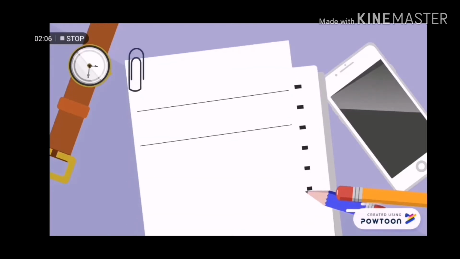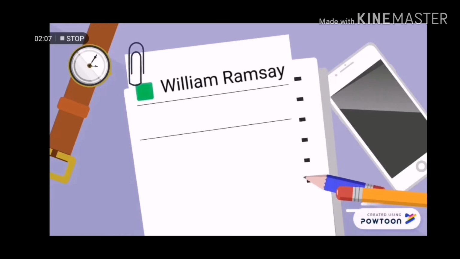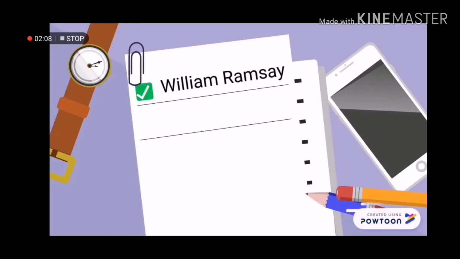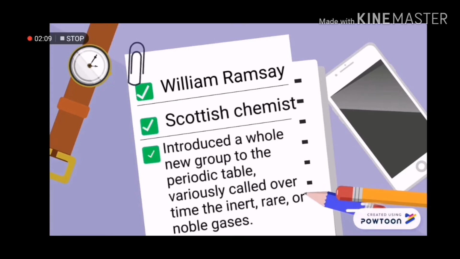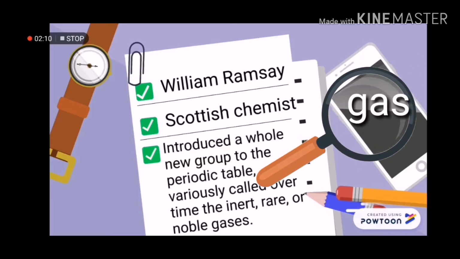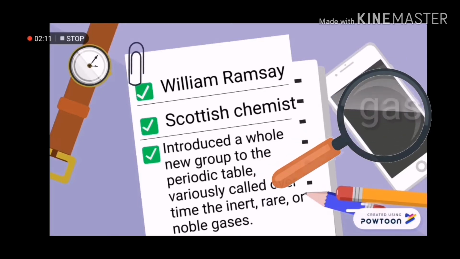William Ramsay is a Scottish chemist. In 1892, Ramsay's curiosity was piqued by Lord Rayleigh's observation that the density of nitrogen extracted from the air was always greater than nitrogen released from various chemical compounds. Ramsay then set about looking for an unknown gas in the air of greater density,